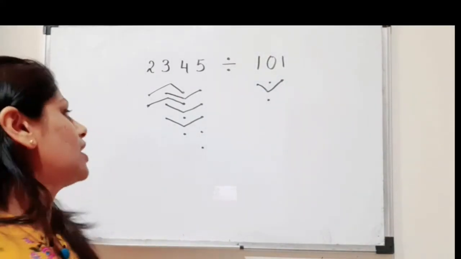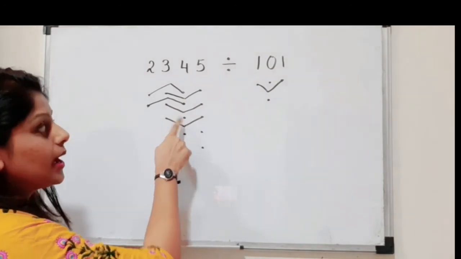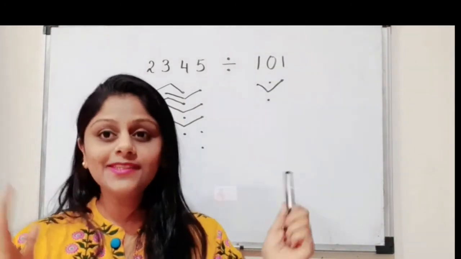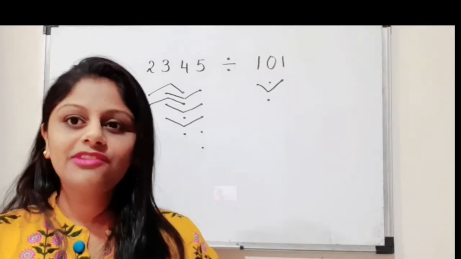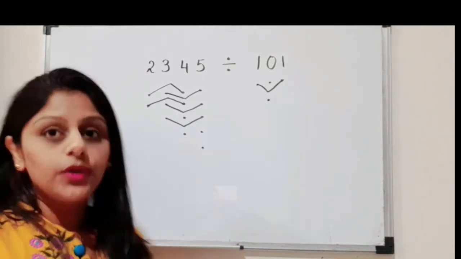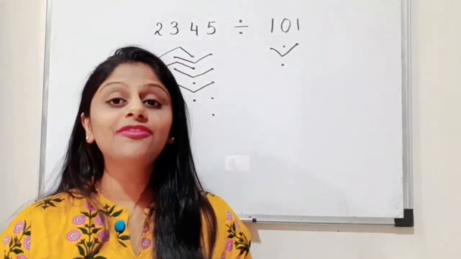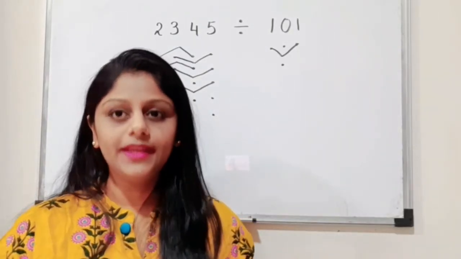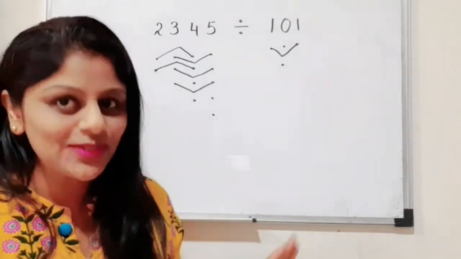Now the next column we will see. In the next column, do we have? Yes, we have 1 dot, but see our number is 101, correct? 101 means we should have how many columns? 3 columns of dots. But do we have 3 columns? We have only 2 columns. So can we join the dots? We cannot join the dots. We don't have 3 columns remaining. Therefore, this is the completion of our answer. Our answer completes over here.